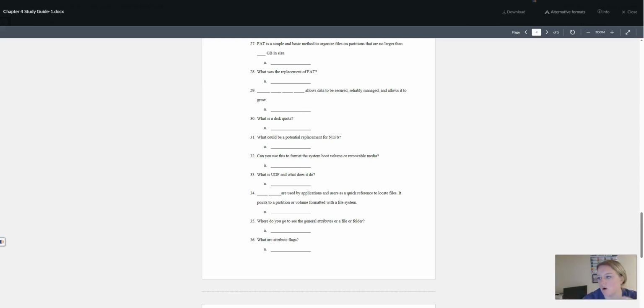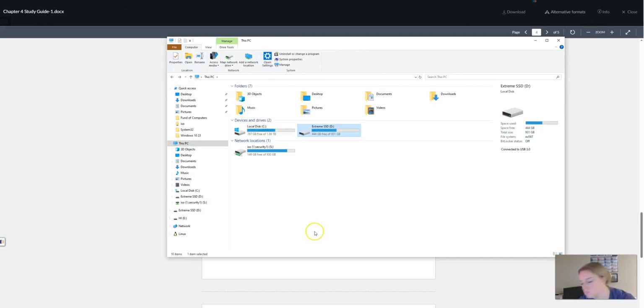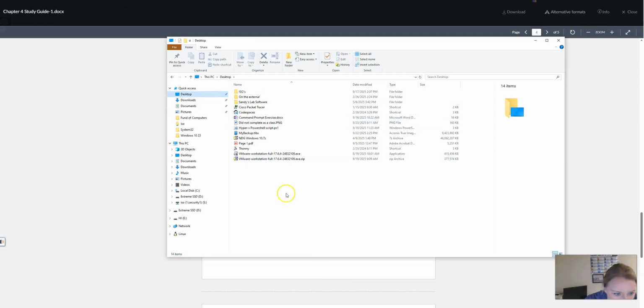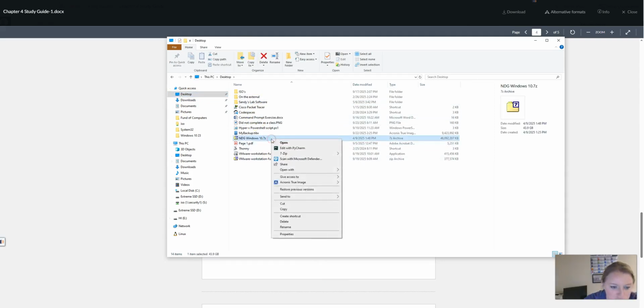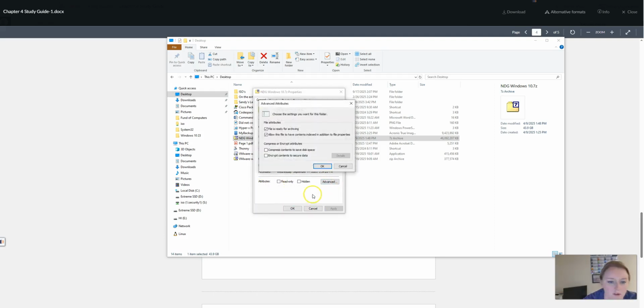Question 35. Where would you go to see general attributes of a file or a folder? That would be under File Explorer, under Properties. So we have these attributes, and we can set these flags on how we want the operating system to interact with the object. We can set it as read-only, hidden, and then the main attribute flags that we have are read-only, hidden,